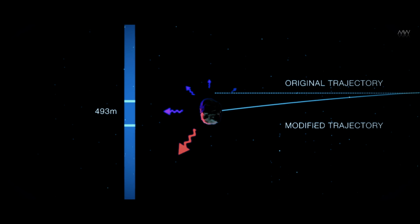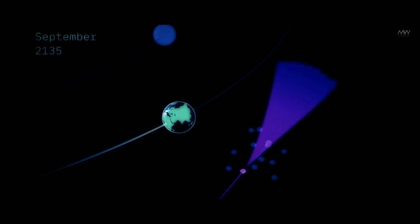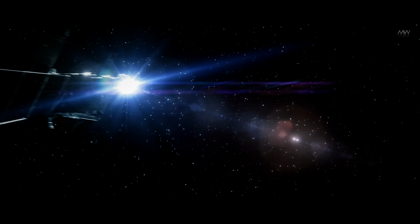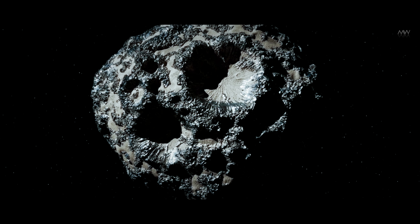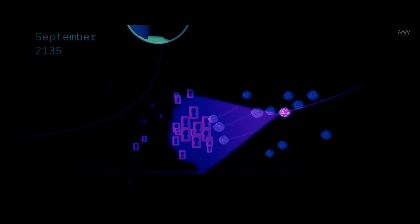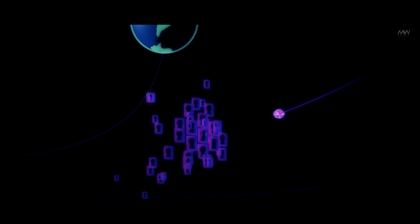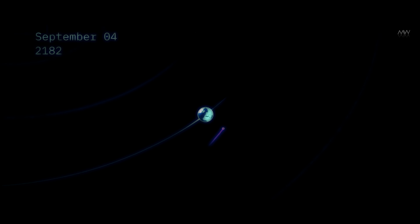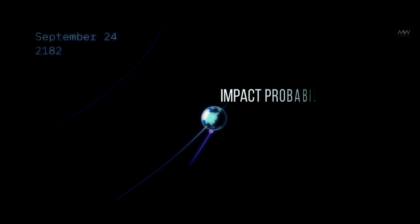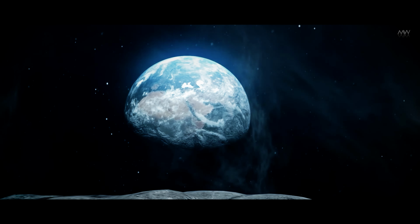Due to uncertainty about how the Yarkovsky effect will influence Bennu's orbit, our understanding of Bennu's location as it approaches Earth in 2135 is limited. As a result, scientists need to consider various potential paths, depending on the strength of the Yarkovsky effect's influence on Bennu. Some of these paths align with specific areas in space, called gravitational keyholes. If Bennu were to pass through one of these keyholes, Earth's gravity would deflect its trajectory in a way that could lead to a potential impact in the late 22nd century. The probability of this scenario is relatively low, but scientists aim to gather as much information as possible to assess